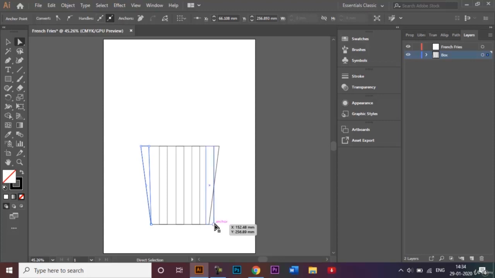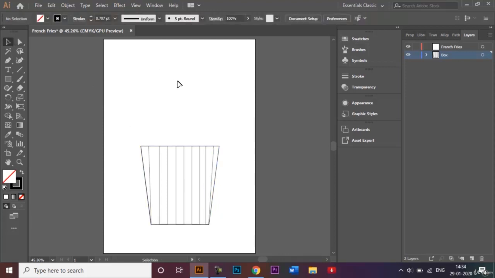Similarly, I'll just take this anchor point, this one, and bring it closer. So hold Shift and press the left arrow key and done. That's it. Once this is done, I'll go ahead and fill it in with colors as well. So I'll select these stripes that I had created